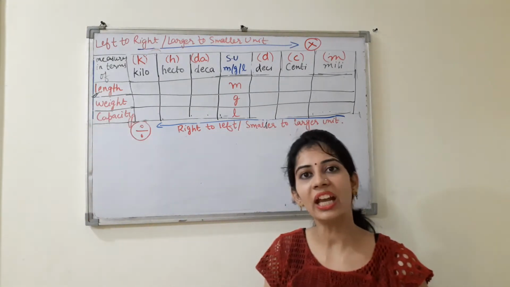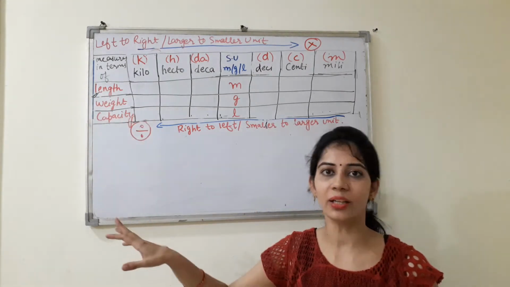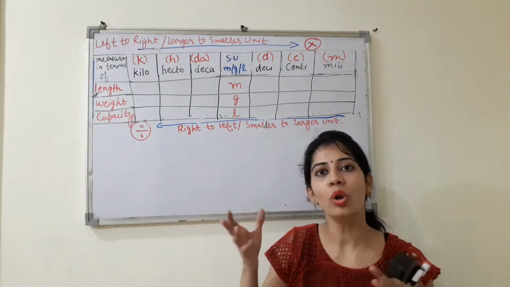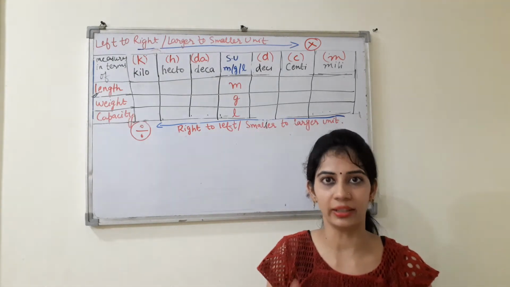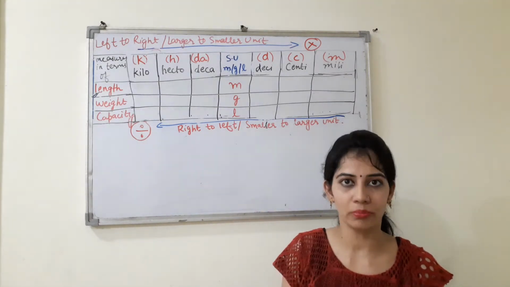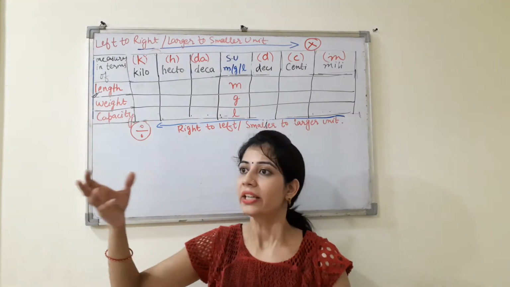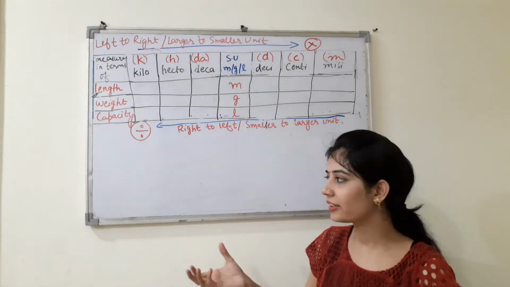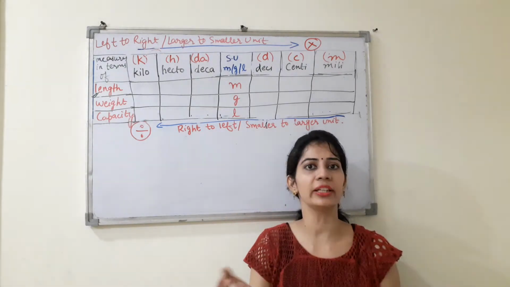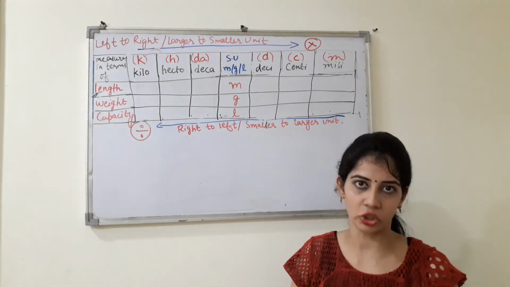It means we can measure anything in terms of length, weight and capacity, right? So length tells us how long or short a particular thing is, right? That is, how much length anything has, that we can measure, so that is your length. Weight is what? How much weight any particular thing has, that we can measure. So this is a means of measurement, right?